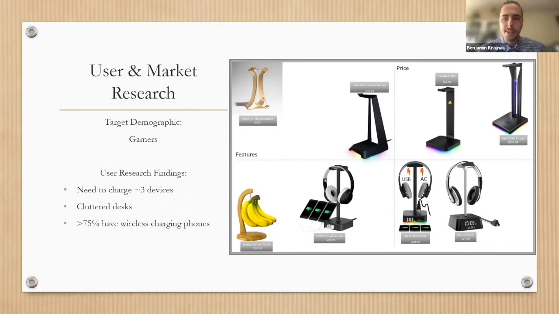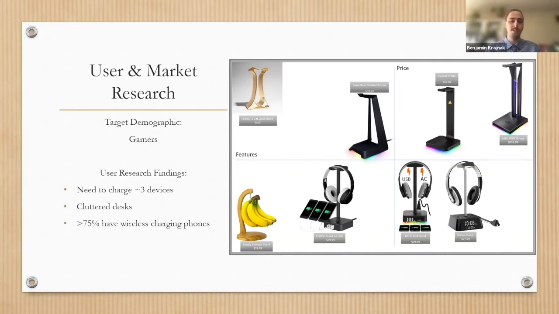Once we had this idea of what we wanted to create and what functionality we wanted it to have, we took to the internet to do a preliminary user market research. We looked at what else was out there in terms of wireless charging headphone stands, and we set some goals for ourselves in terms of trying to be able to charge a certain number of